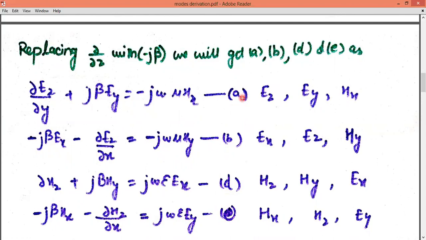Otherwise you will not be able to understand each and every point unless you derive the equation yourself. So from this equation we are getting these components. In every equation, one component is longitudinal and the other two are transverse. This is the longitudinal component, and these are the transverse components. In all the equations, this pattern will be the same: one longitudinal component and two transverse components.